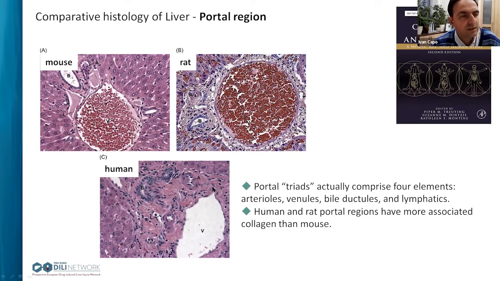We can see the bile ducts, but in the human we have a lot of fibrous tissue. So any accumulation of fibrous tissue in the portal space of the mouse can show us that something pathological is going on in the liver of the mouse. We need to know what is normal and what is not normal, so that we can analyze and make some interpretation in the histology